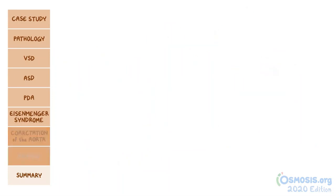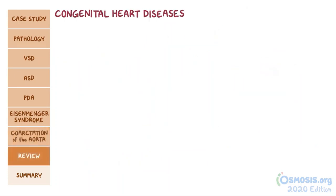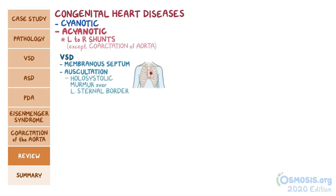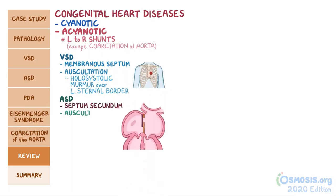Alright, as a quick recap, congenital heart diseases are defects in the embryological development of the heart and can be broadly classified into cyanotic and acyanotic defects. Acyanotic defects are characterized by left to right shunt, with the exception of coarctation of the aorta. The most common acyanotic defect is ventricular septal defect, which usually occurs in the membranous portion of the septum. On auscultation, a holosystolic murmur is heard over the left sternal border. Atrial septal defect usually happens in the septum secundum, and auscultation may reveal a fixed, wide splitting of the S2